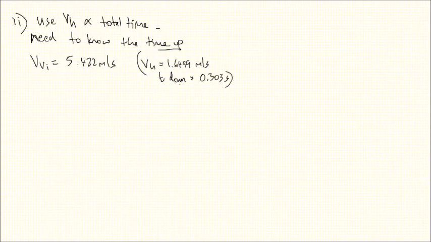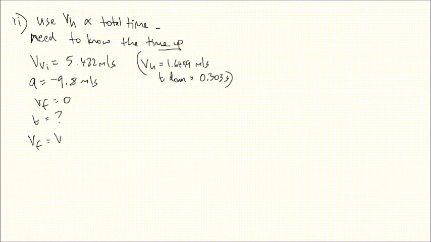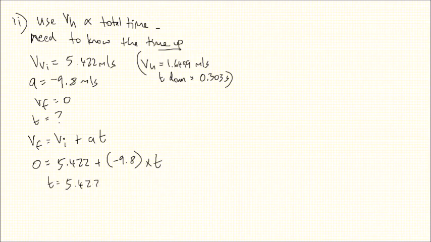However, what I'm going to do is work out the two times, the time up and the time down. I'm going to add them together to get a total time and then multiply that by the horizontal speed. So I've already worked out the time down. I've never got around to working out the time up, so that's what I'm doing here. Vf is 0, Vi is the initial vertical velocity, A is negative 9.8. Substitute in, rearrange, get that the time up is